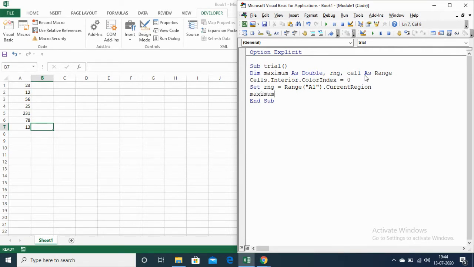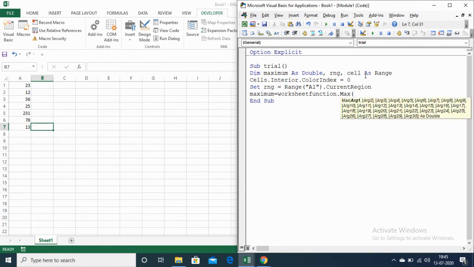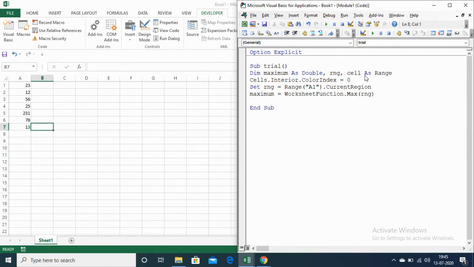Maximum equals, so I am using the worksheet function for that. So that function is WorksheetFunction.Max. And what is the range? Range is rng.